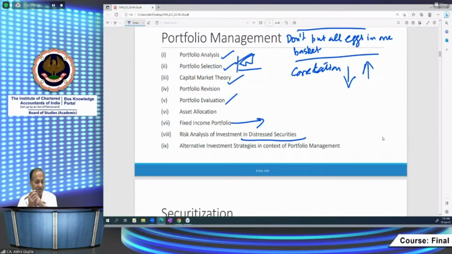What is a distressed security? Normally a distressed security means securities that